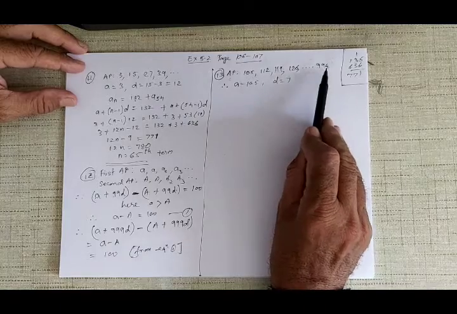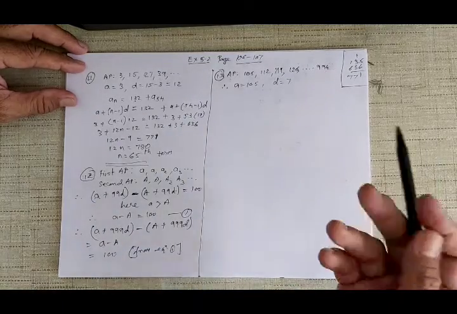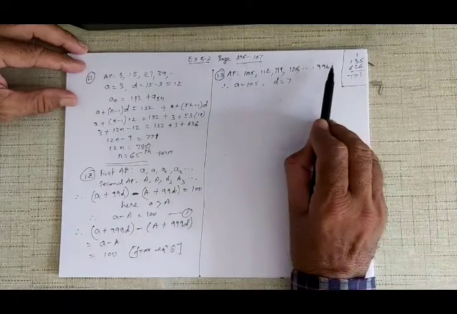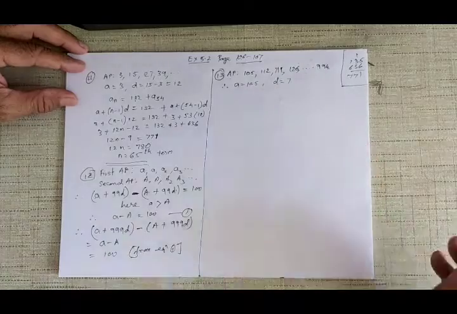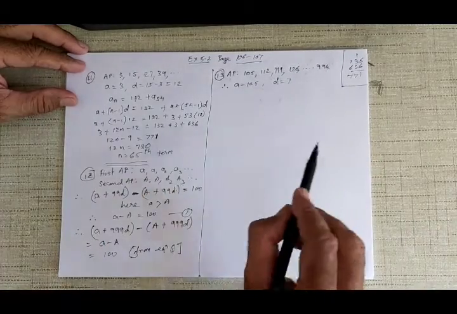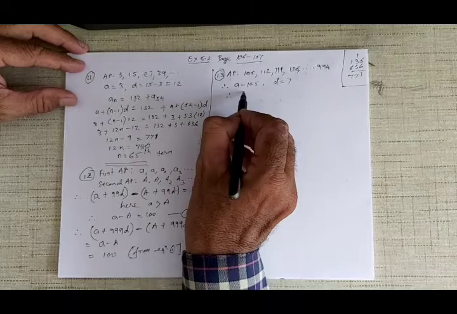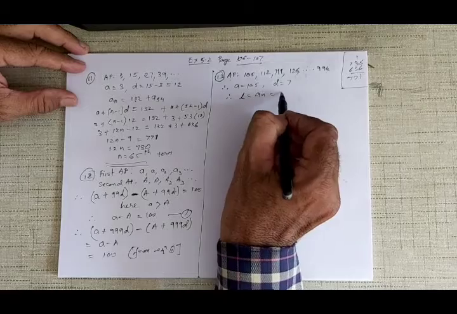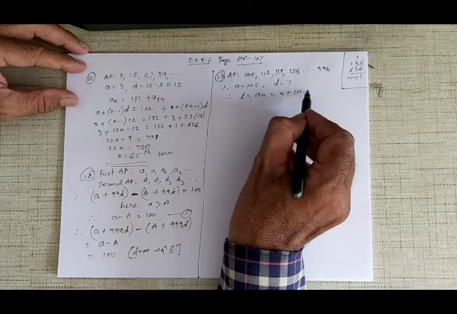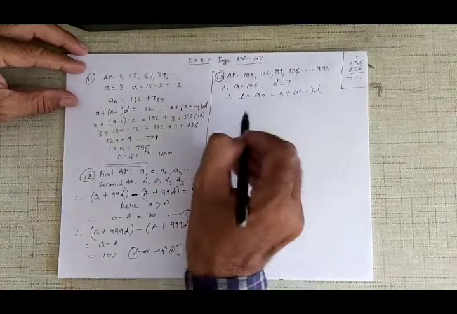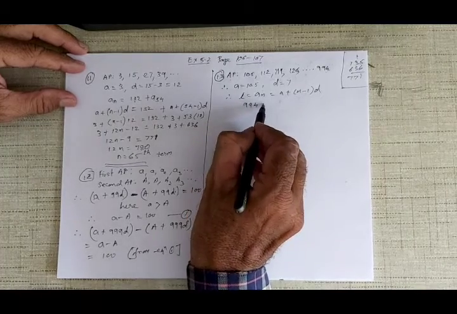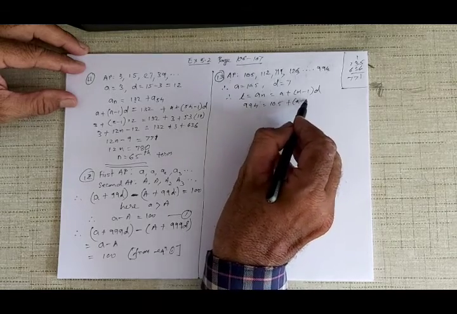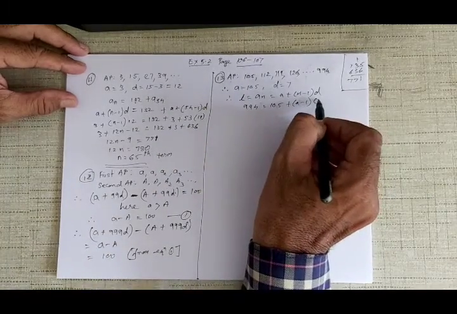After that, if you add 7, it becomes 1001. 1001 is a 4-digit number. We need only 3-digit numbers. So this is the last 3-digit number which is exactly divisible by 7. Okay, so therefore your last term, that is L, the last term of the AP, will be equal to A plus n minus 1 into D. Alright, now last term 994 is equal to A, the first term. n, the number of terms, we do not know. And D, the common difference, is 7.